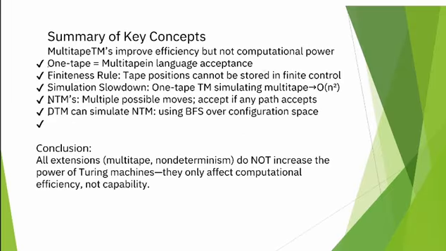To summarize the entire topic, multi-tape Turing machines improve efficiency, not power. One-tape Turing machines and multi-tape machines accept the same languages. Tape positions cannot be stored in the finite control. One-tape simulation is slower, that is big O of n square. NTMs allow multiple possible moves. DTMs can simulate NTMs using BFS. And all extensions improve convenience, not capabilities. So the standard Turing machine remains the fundamental model of